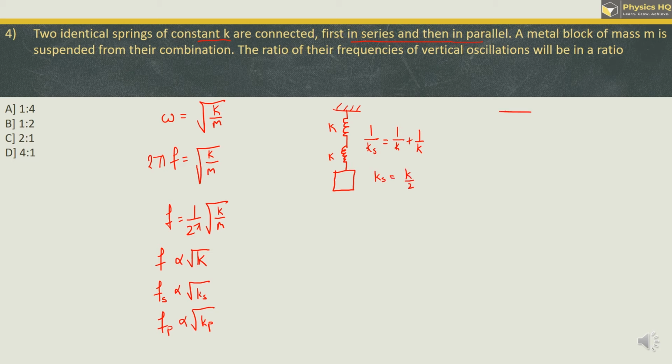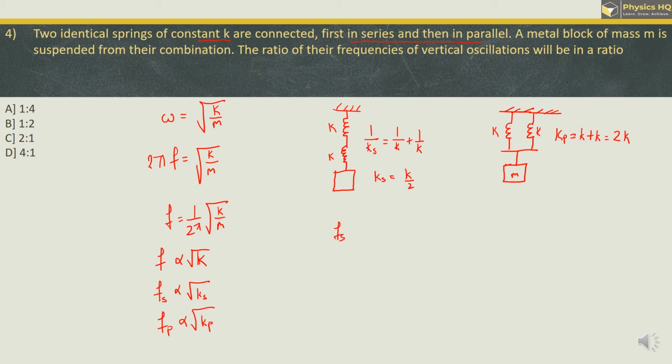And the second scenario is when these springs are connected in parallel. So you got first spring like this, another spring like this, and to this common connection we got this block of mass m, and this is value K, this is value K. So the parallel equivalent is calculated by this formula K plus K, which is nothing but 2K. If you want to know the theory about this, please let me know in the comment box. I will try to make a video on this. Let us go ahead and put it over here in our formula.